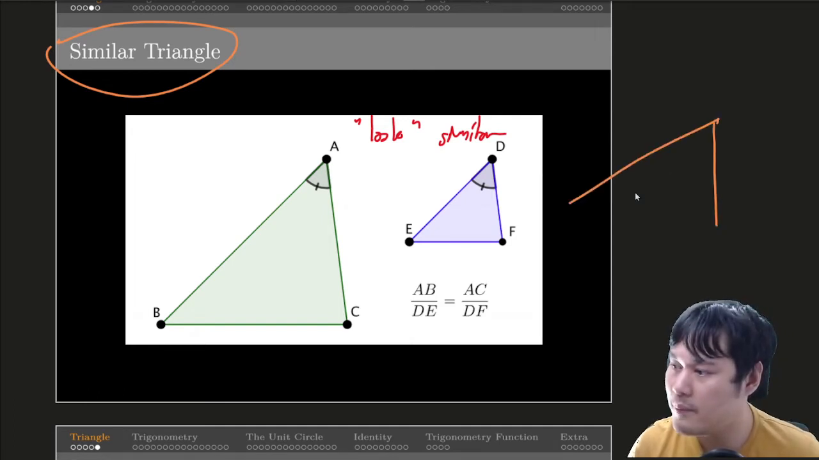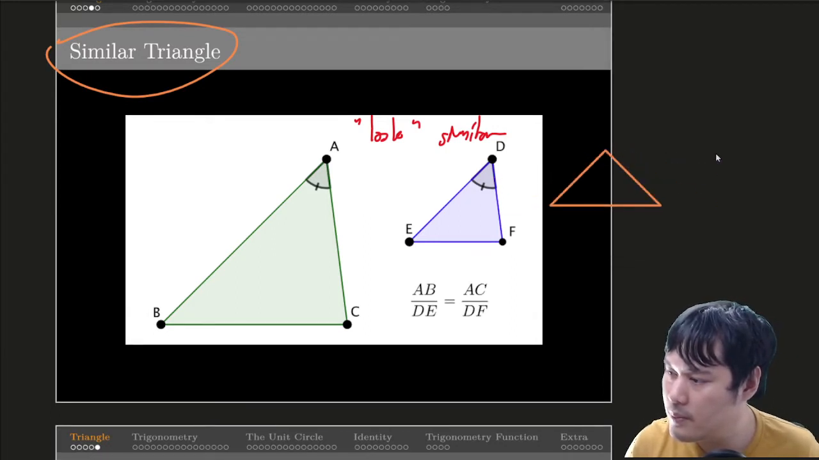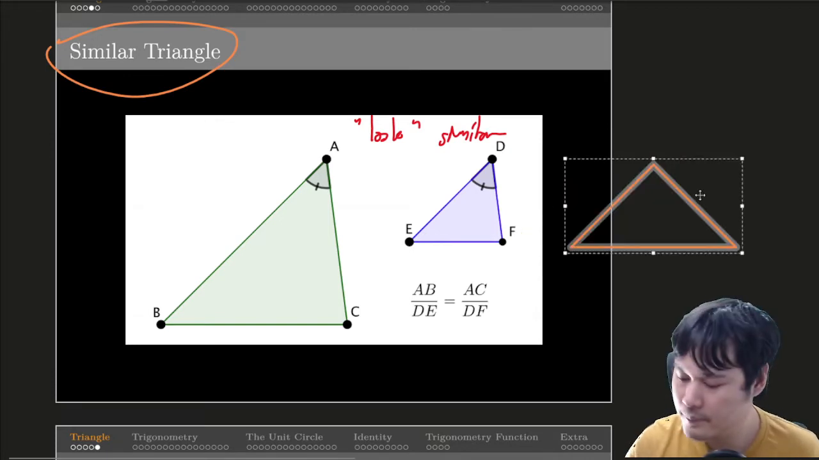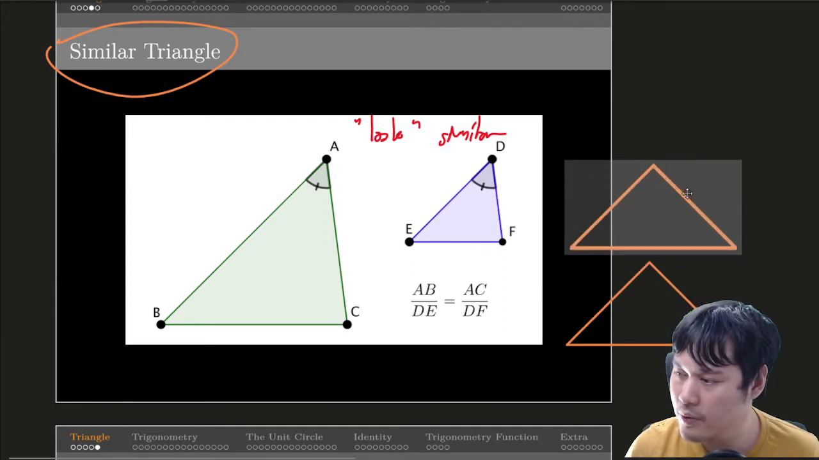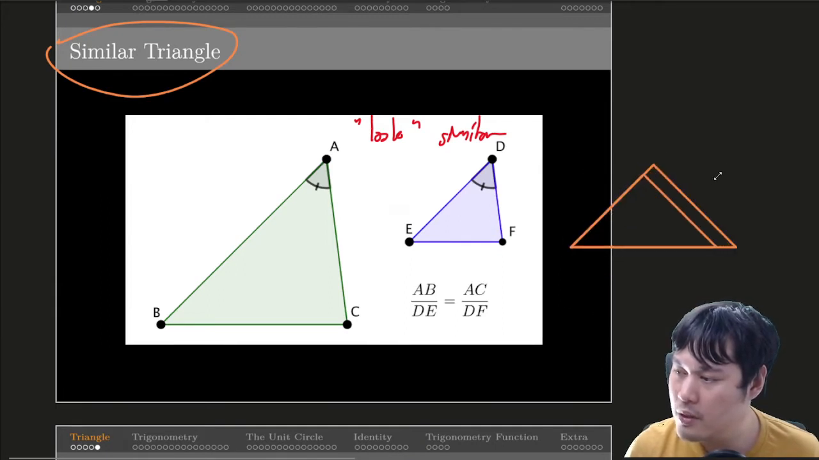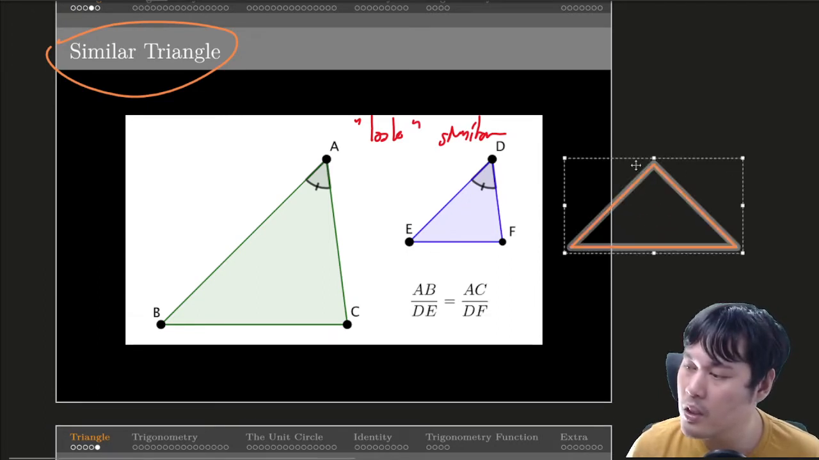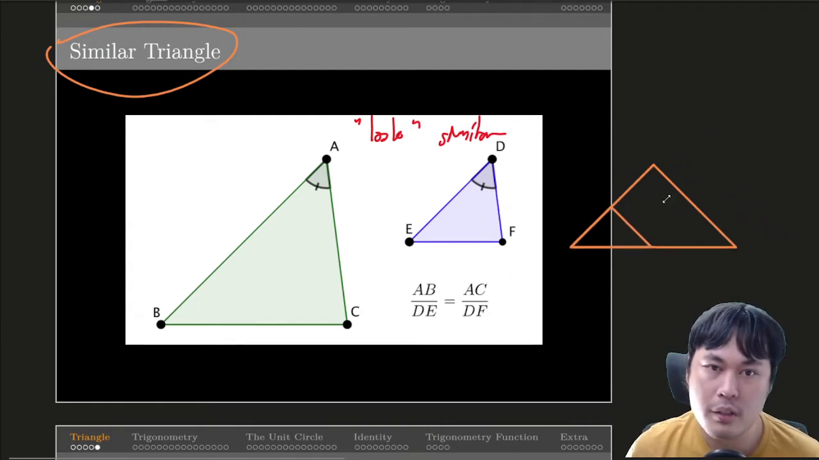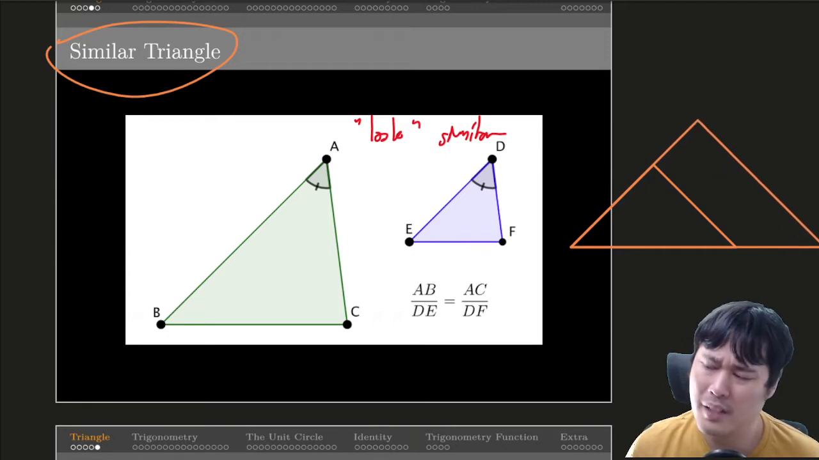For instance, if I use this software, which is OneNote, let's draw some triangle. There it is. Looks nice. Notice that if I copy it, another triangle, and if I change the size, click on one of the pivot points and move it up and down, you can see how this new triangle behaves. It's larger, it's smaller, but